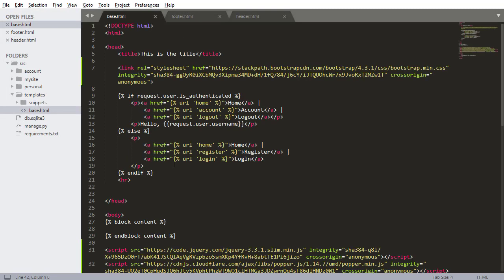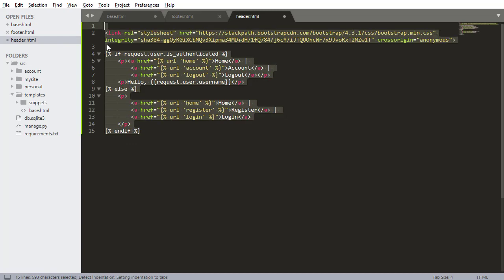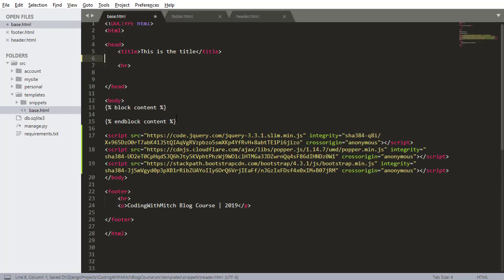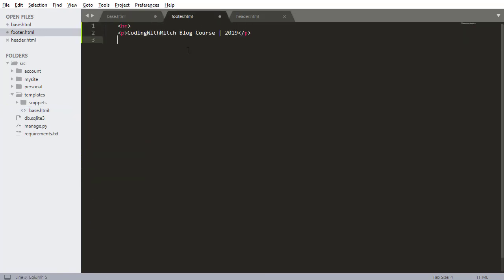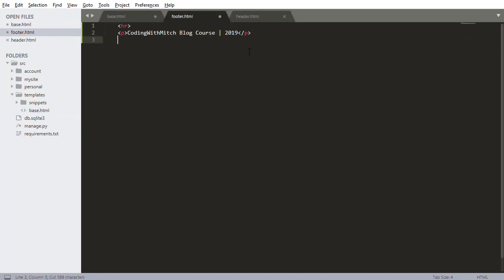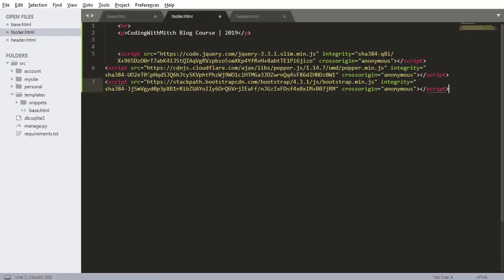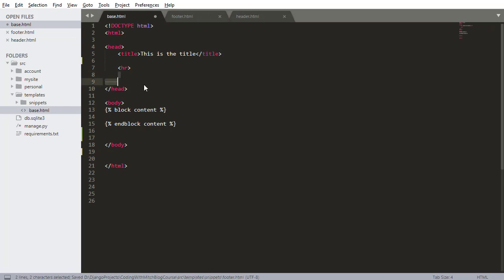And then inside of base, I'm going to take everything that's inside the header except for the title, and I'm going to put it inside of header.html. Move that in, save that. And I'm going to take everything that's in the footer, which isn't really much. I'm actually going to delete the footer, and I'm going to put it in footer.html. And I'm also going to take these scripts, so I'm cutting those, and I'm going to put those right here. So I have everything separated into three files now,